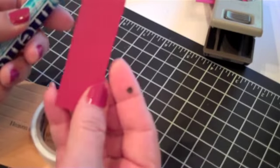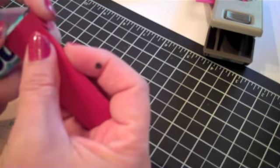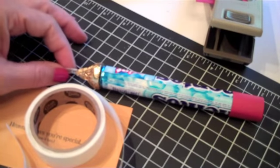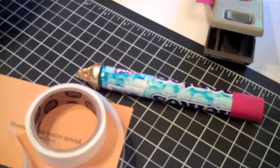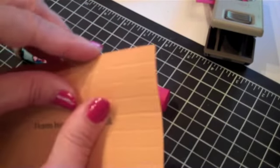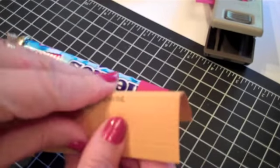And then we have another piece of Writing Hood Red paper that's cut at 1 inch by 3 inches. And we'll just sort of wrap that around. This looks a little goofy, this thing sticking out, so you might want to cut that off. Actually, I'm sort of wondering if the silver would have looked better, but I used the gold because I like the almonds. Then we want to just go ahead and score, just fold on those score lines